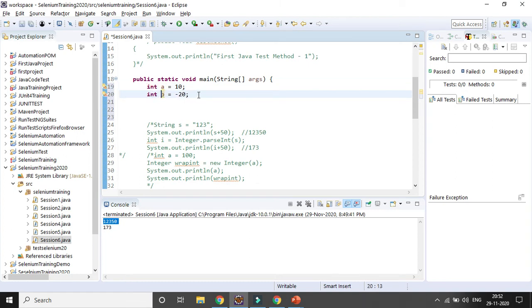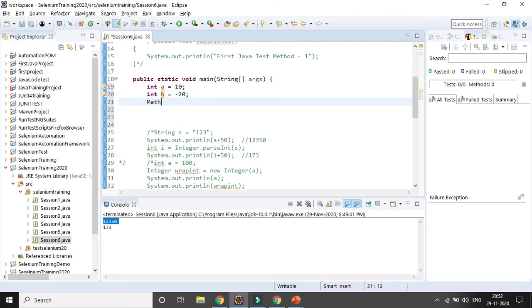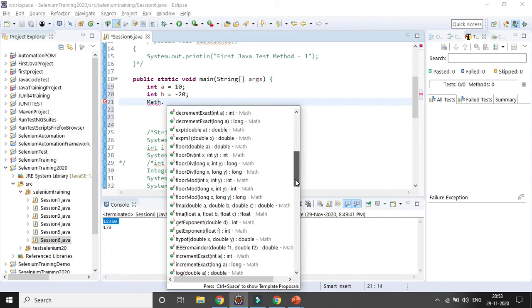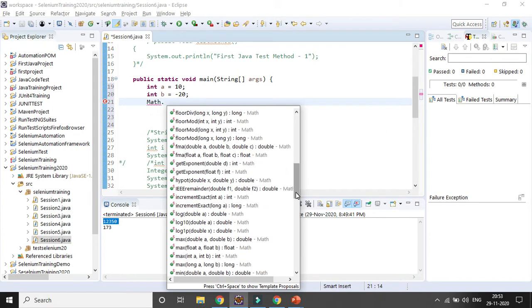Now if you want to perform some operation, you need to use the Math class, Math dot. If you press it, you can see all the methods that are available in the Math class. If you want to get the maximum, you can use the relevant function, max. You can see the data types; if they are doubles, you can give doubles like that.